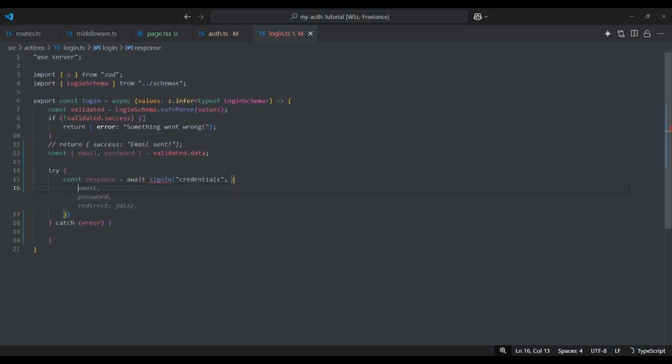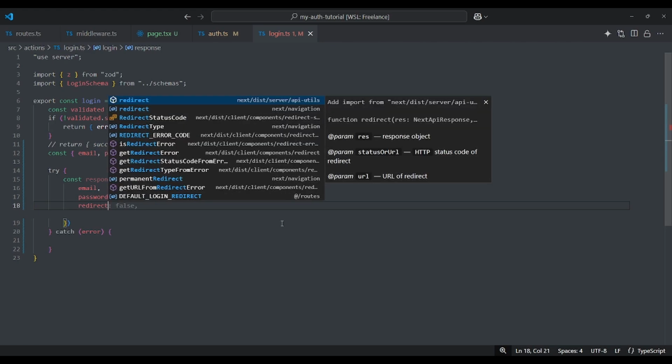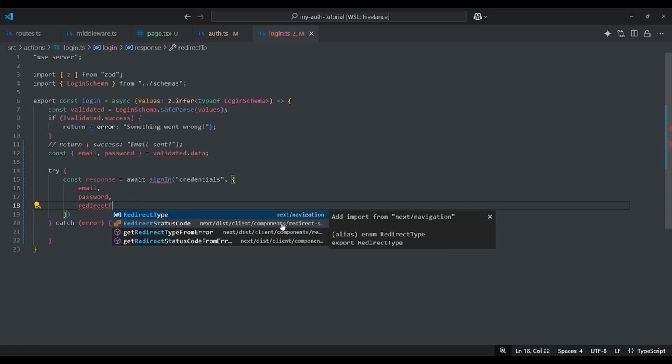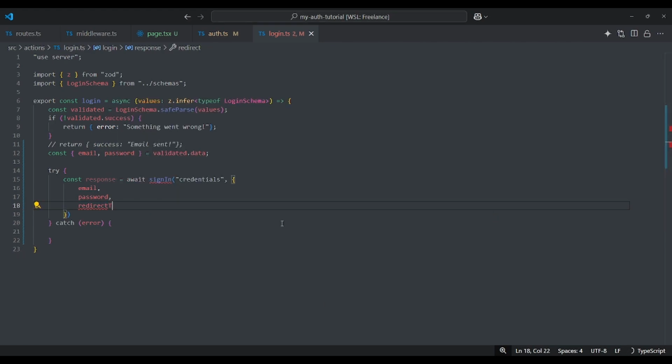There is a suggestion here: email, password and redirectTo. Basically that's what is needed. So the signIn function will accept the email and the password and where to redirect the user, which in this case we choose to redirect to the settings page.